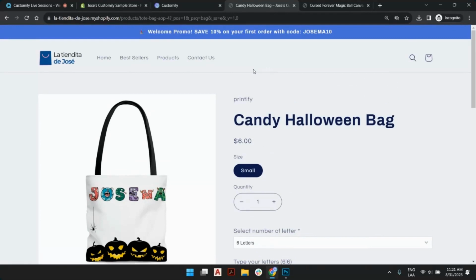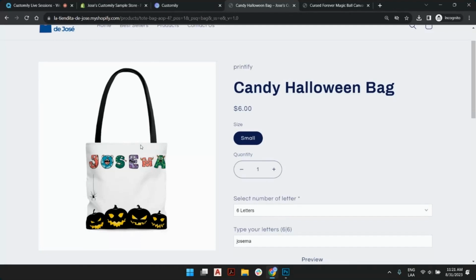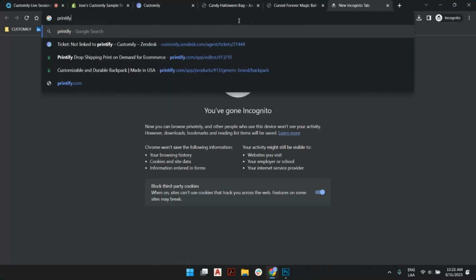But if you were, for example, to create this candy Halloween bag, this is basically an all over print tote bag from Printify. Basically, this has a specific print area because it wraps around. So you're free to actually print both sides, even if you're going to be seeing only one side. So, like I said, coming into a specific product will not be just 2 clicks away. You need to do a bit of research so your designs will fit perfectly on the final product. To quickly show you this